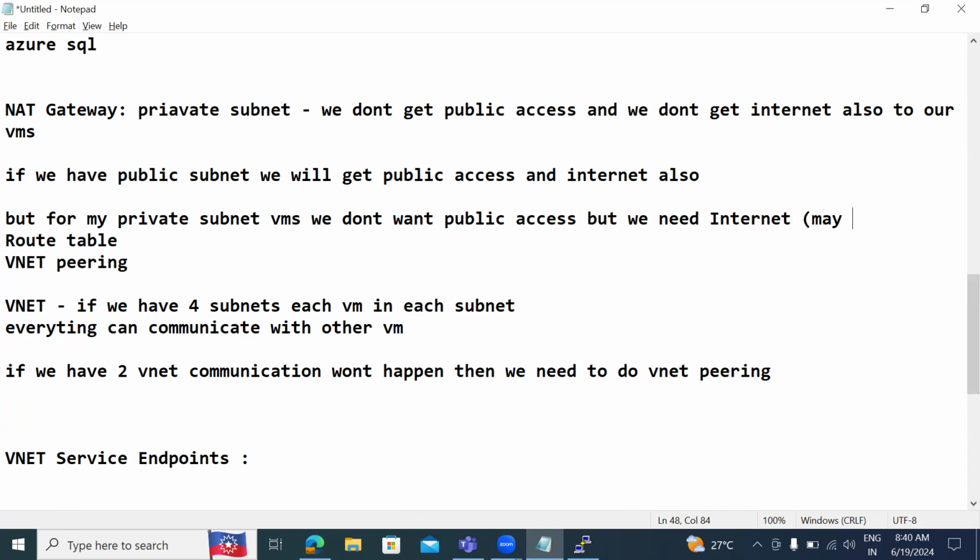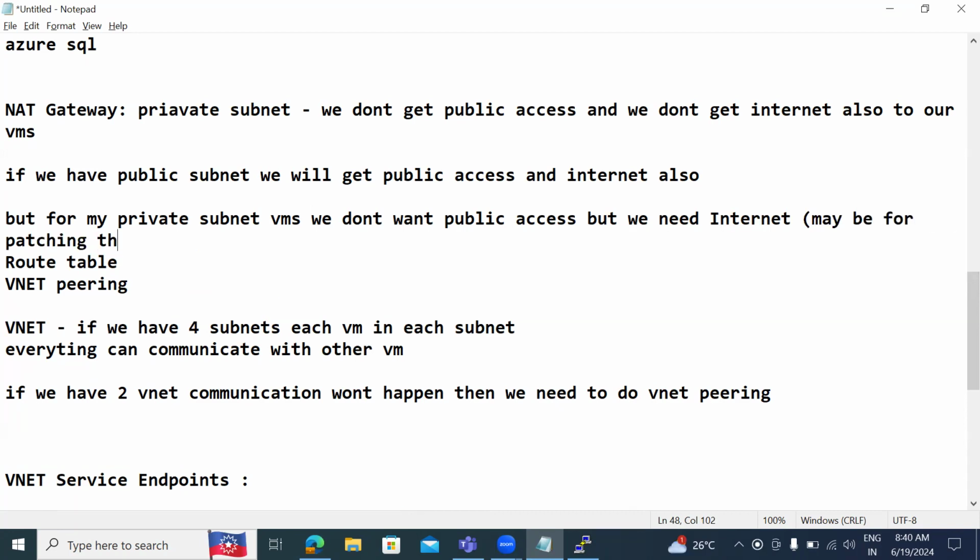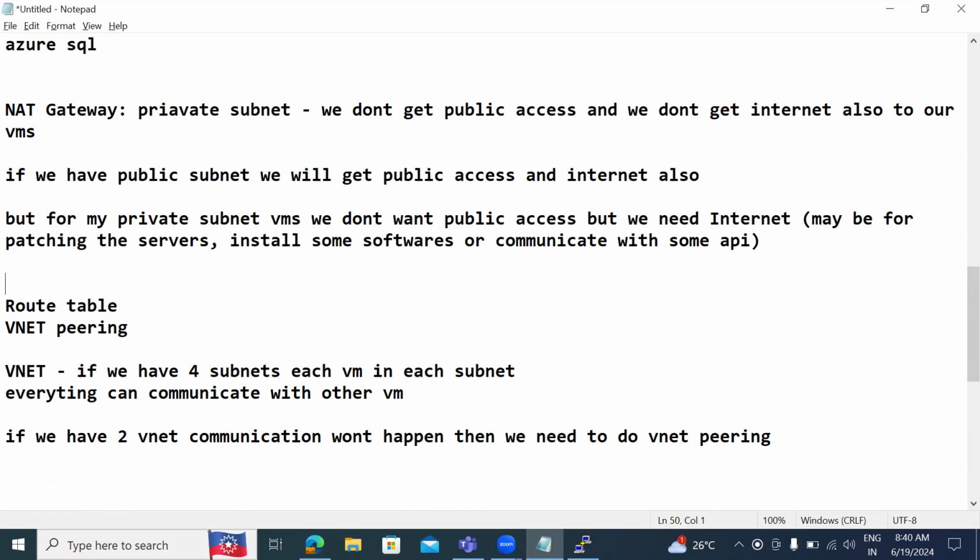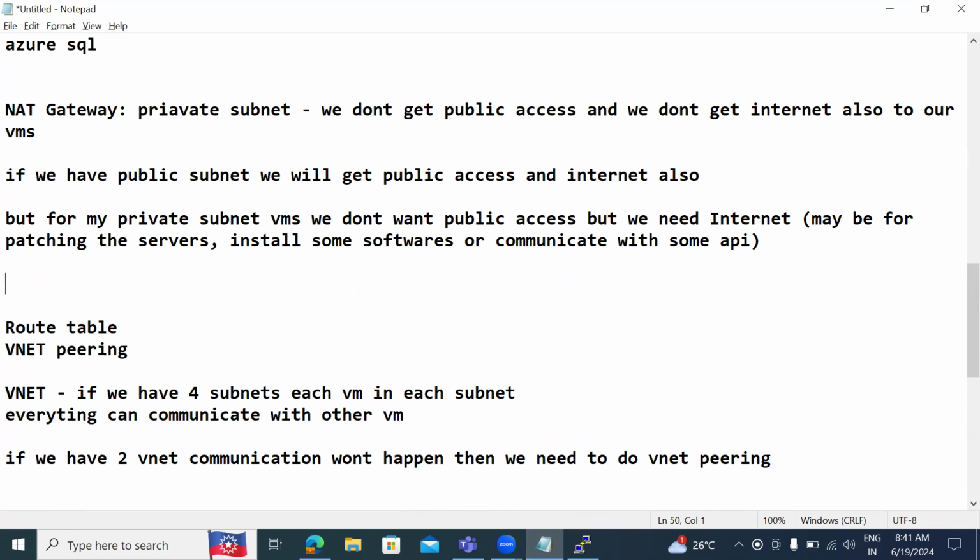Okay, maybe for starting the server, or maybe I want to install some software or communicate with some public APIs outside. So for this purpose, I want internet. Then the solution for that is